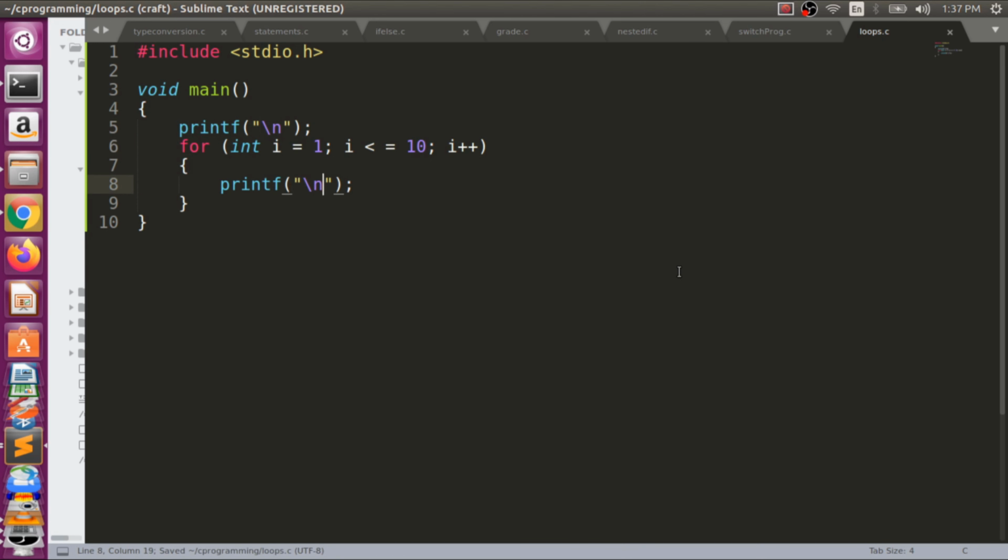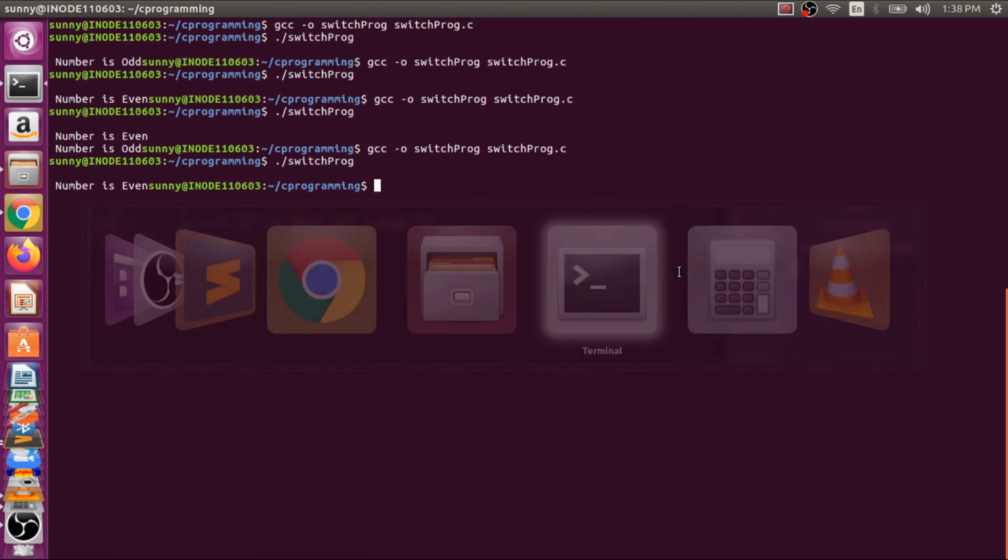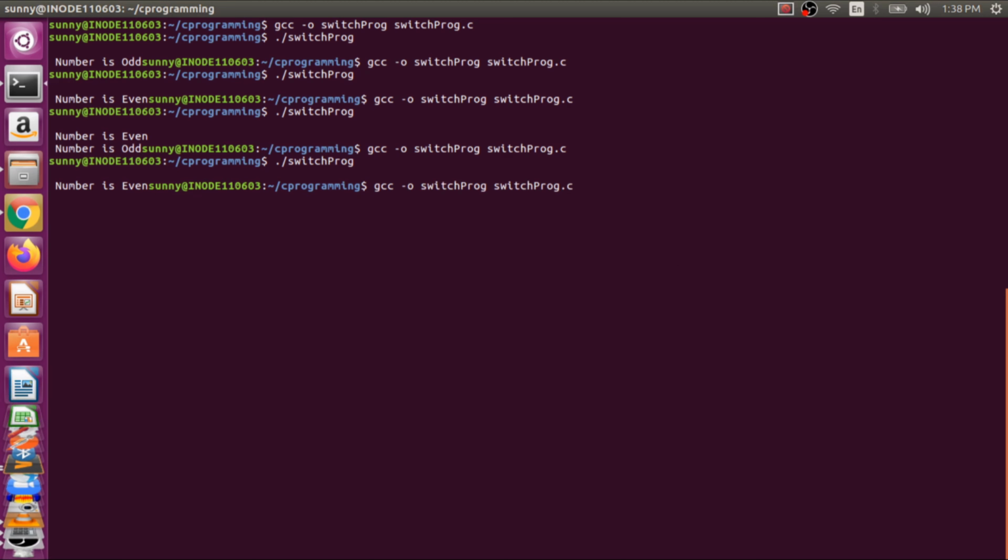And here we have percent %d, and in percentage %d we will print i, and we will see the output. And here we will print in a new line "out of loop", and we will see here now switch.